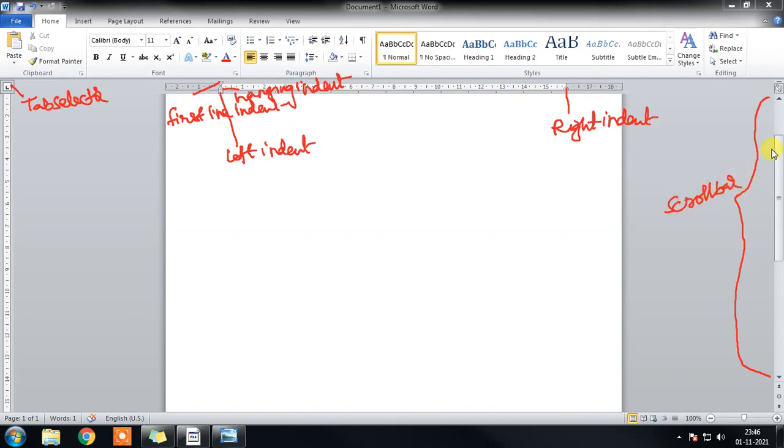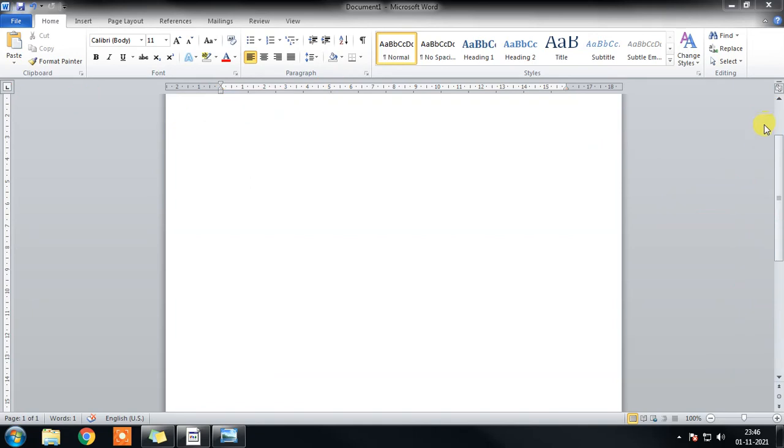In the scroll bar section, the top icon is called scroll up, and the bottom icon is called scroll down. And at the top of the scroll bar, the top icon is called split window, and this one is called view ruler.